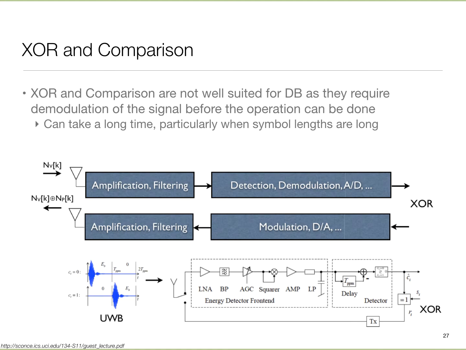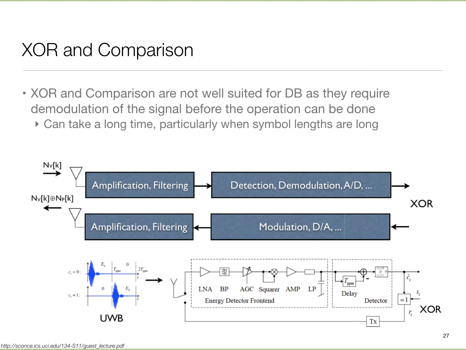So ideally, what we want is, we don't even want to go through any of this. We want a very sharp symbol and not have to go through any of this. So short symbols, and don't even hit digital. Could I do some useful function without going all the way into digital? Can I do XOR right here, right at the antenna?